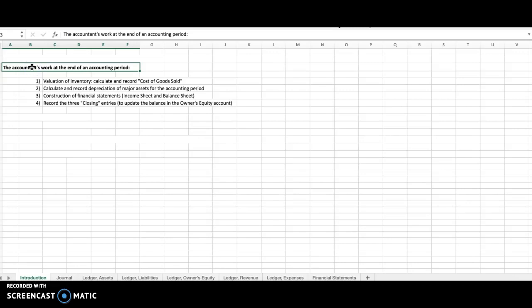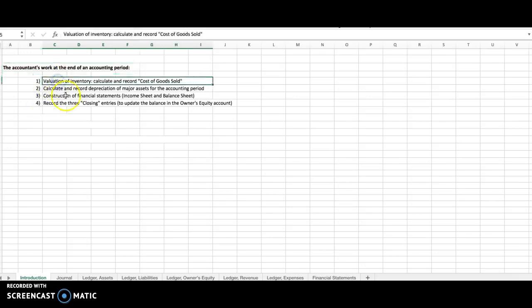As you know, businesses vary as far as the length of their accounting period. It could be a month, could be 3 months, could be a year. It depends on what works best for that particular company. But at the end of whatever time period that is, there are certain steps that need to be taken. We've already covered some of those. But listed here are the 4 basic steps that an accountant needs to handle at the end of the accounting